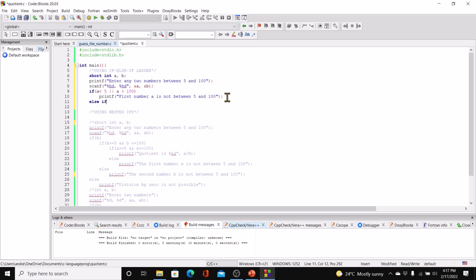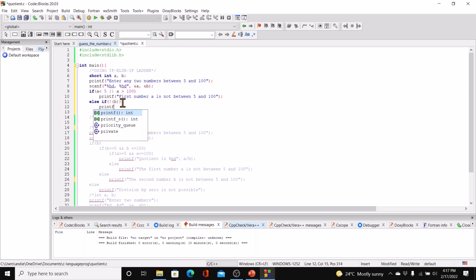Else if not b. So this will evaluate to if b is equal to 0. Right, because it's like saying if not b not equal to 0, which means if b equal to 0, then printf division by 0 is not possible,